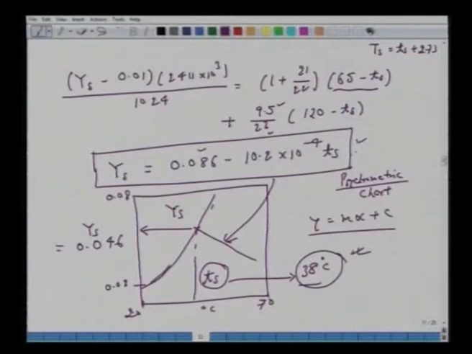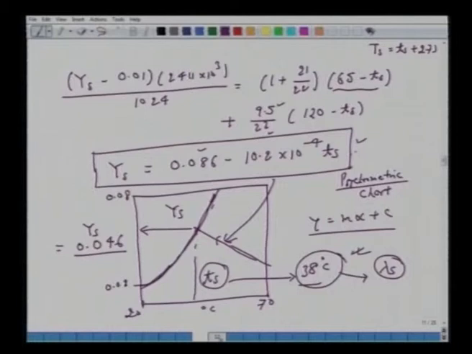So we had made a very good guess. We started with 38 degrees centigrade just to calculate lambda s. Any other values, 40, 41, in the neighborhood of 38, 36, 37, would have given you a similar result, very close to this. So lambda s does depend upon the temperature, but plus minus 3-4 degrees centigrade should not make any difference. Anyway, we got the values by intersecting this thermodynamic curve, the psychrometric chart, and this operating line, which gives us ys and Ts.